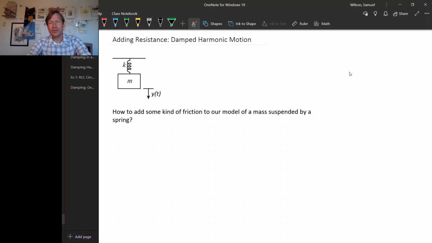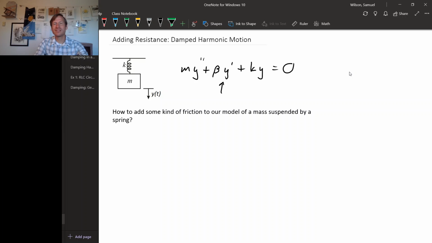There's more than one way to do this, but if you look at the differential equation that we developed, it was mass times second derivative of position plus spring constant times position equals 0. And if you think about what sort of equations we like to solve, that being linear equations, the obvious thing to do is have some sort of term that has y prime in it. And that actually makes sense because a term with y prime in it, if we have some constant, let's call it beta,